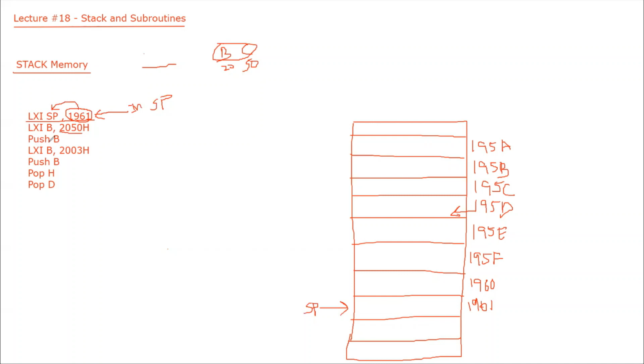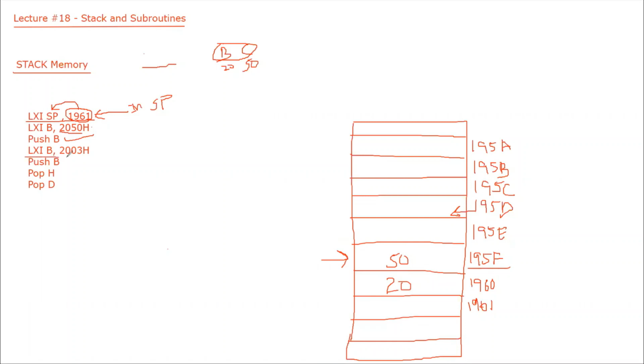And as I said, when we have a push instruction, what is going on? We will decrement the stack pointer by 2. So it was here, 1, 2, and our stack pointer will be here. So here we will have 20 and here we will have 50. I am not explaining it step by step because I have explained it the same way previously, two minutes back, so I will write it quickly now. After the push B instruction, our stack pointer is at this location, 195F.